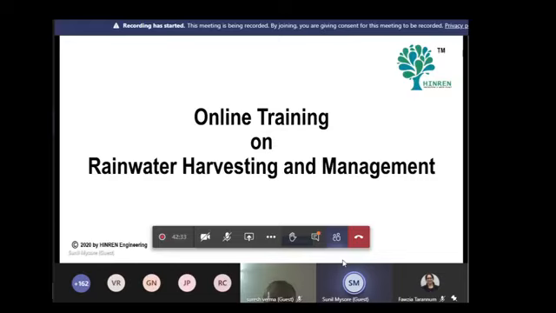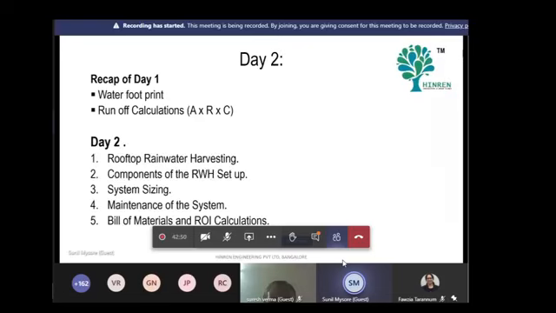Okay, so welcome to day 2. Okay, so we will commence now. So what are we going to do today? We will try to recap day 1. Whatever doubts were there, we will try to address. But if anybody has anything to ask, please do let me know. I will try to clarify. But one thing I want you to remember from the previous session was the water footprint. So today we are going to concentrate mostly on the 135 part. We are not going to talk about the hidden water footprint.